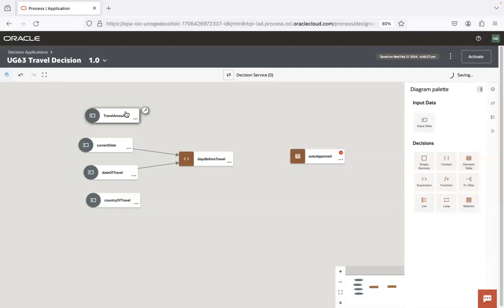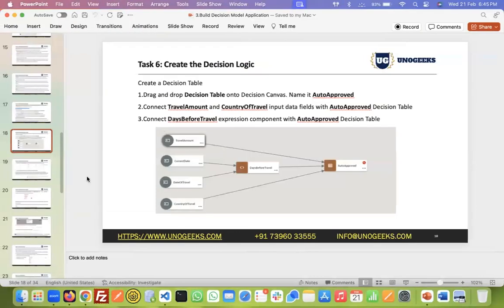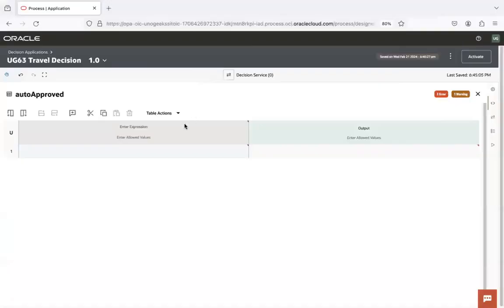Auto approved. And you would add the travel amount, country of travel, and the days of travel. And I need to configure the inputs and outputs. So what are the 3 inputs that you want to receive as input, guys? So the 3 inputs that you get is travel amount,